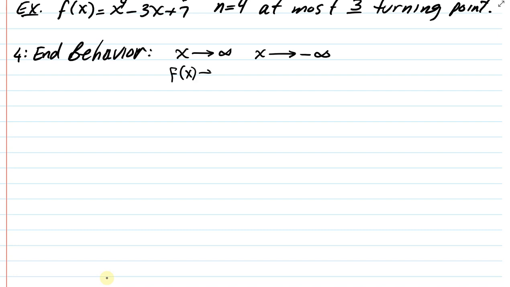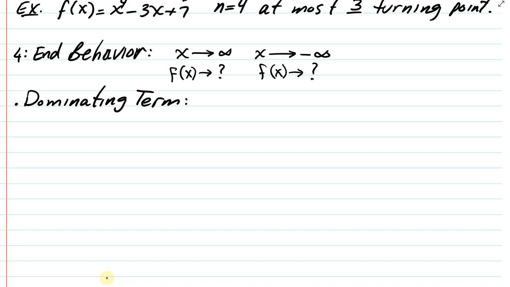So as x goes to infinity, we want to know what is the behavior of the function, and as x approaches negative infinity, what is the behavior of the function? How is it going to behave? So the end behavior of a polynomial is determined by the coefficient on, and in fact the entire dominating term. So let's talk about what the dominating term is. The dominating term is actually the term of the highest degree in the polynomial. So this is the highest degree term